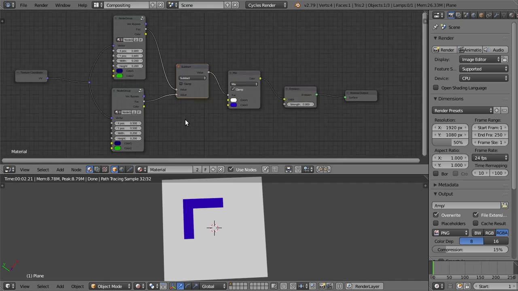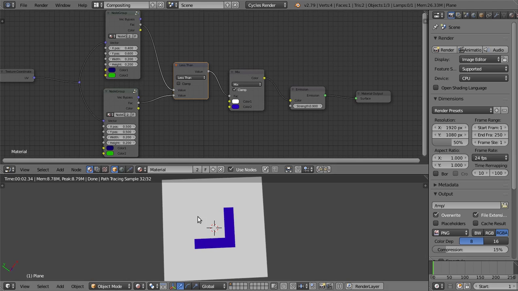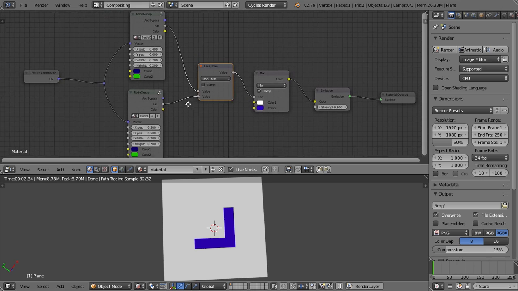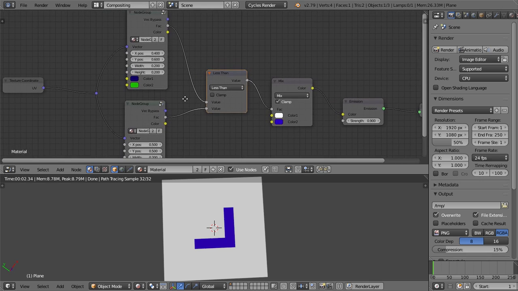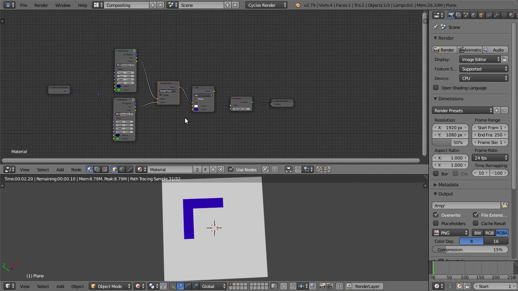And interestingly enough, so if I move the location of this square, let's see, it's subtracting this square from that square. And there is also a lesser than, which subtracts the other square because it's the higher value. And then there's also greater than, and if you were to add these two together, I believe you get